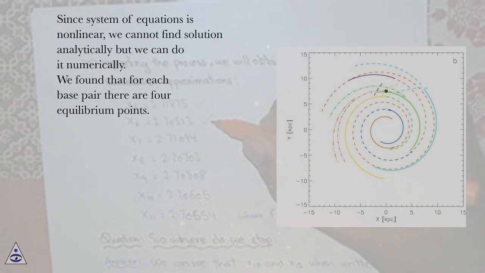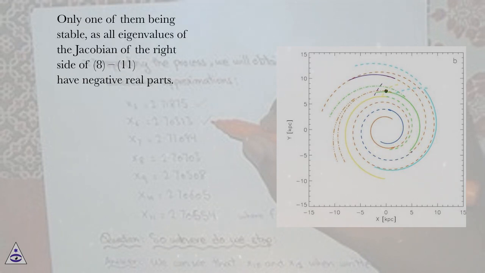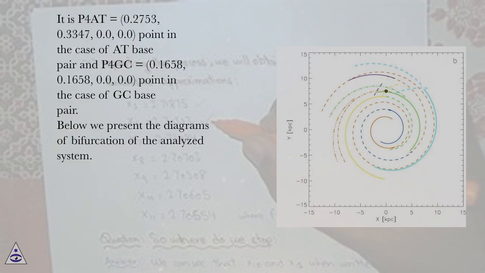Since the system of equations is nonlinear, we cannot find the solution analytically, but we can do it numerically. We found that for each base pair there are 4 equilibrium points. Only one of them is stable, as all eigenvalues of the Jacobian of the right side of (8), (11) have negative real parts. It is P4 AT equals (0.2753, 0.3347, 0.0, 0.0) in the case of AT base pair,